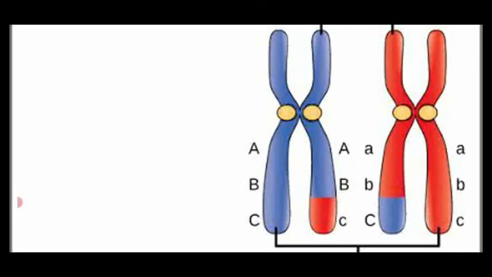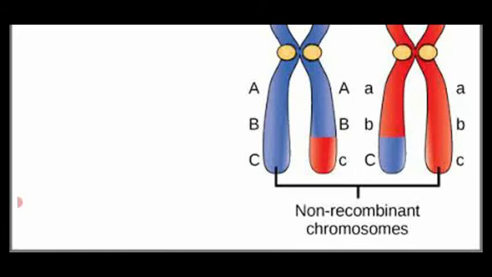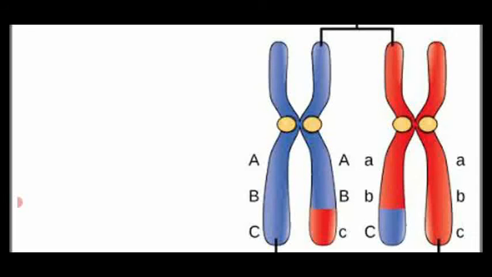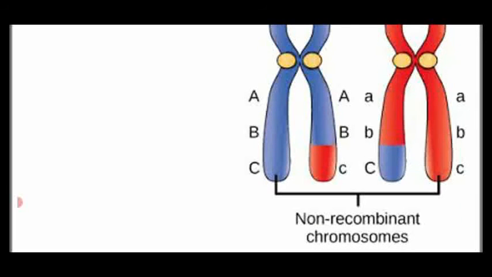Dominant allele ABC, and another one abc. Instead of capital C, the recessive allele of the red color chromosome is exchanged as a segment to the dominant allele. Likewise, the dominant allele C is exchanging its character to the recessive allele c. So these two are said to be non-recombinant chromosomes. That means they are not changing their characteristic feature. That is said to be non-recombinant, or otherwise said to be parental character.